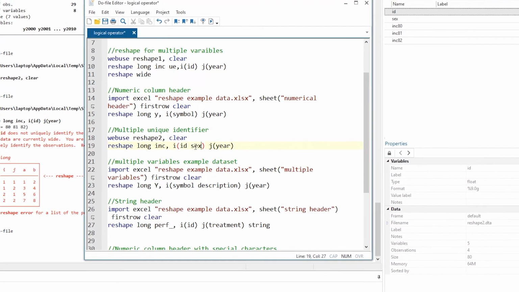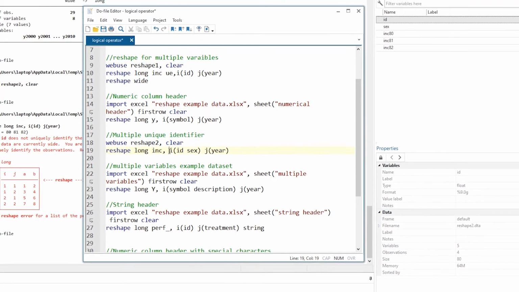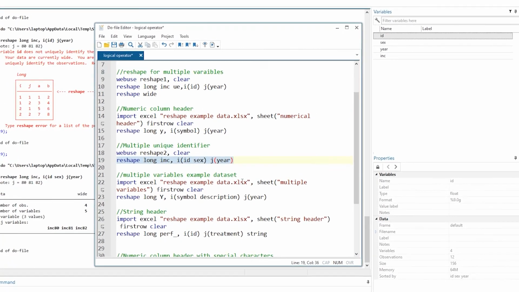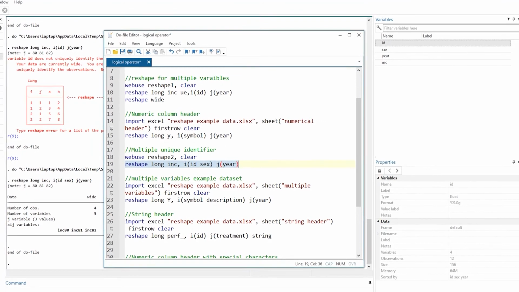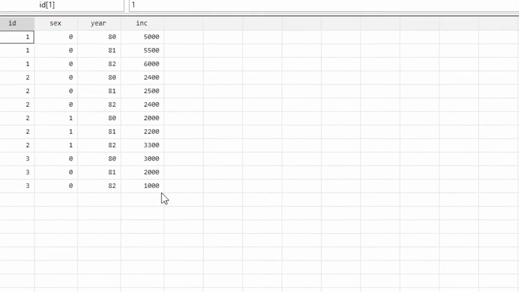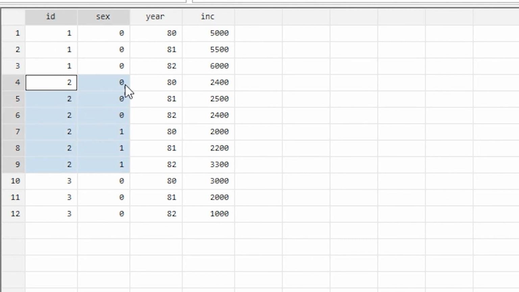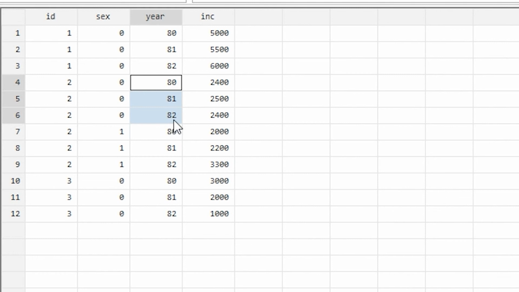We simply write 2 identifiers in the I option, and the rest is same. So we have got our data, and now if we look at the data set, for this ID2 we have sex equal to 0 and sex equal to 1, and for each sex we have 3 years of data. Okay,